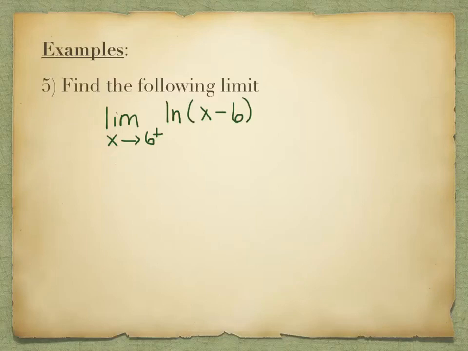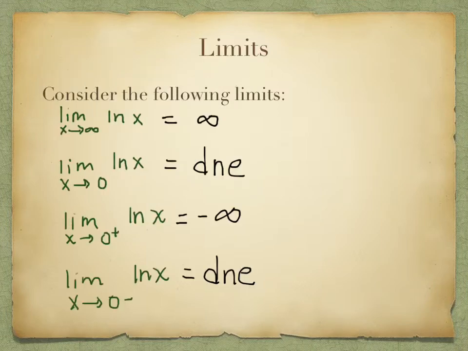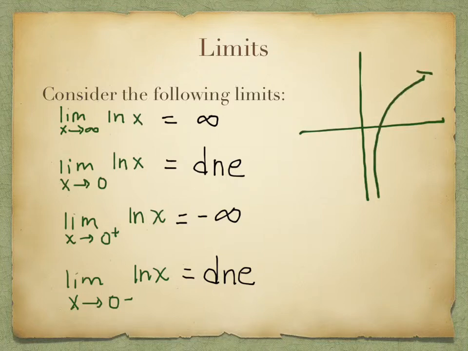All right, we're going to use a couple of different ways to think about limits. We did limits last time, and if you'll recall the screen, we thought about limits in terms of a graph, so that if we had the graph of ln x, which looks roughly like this, and we looked at the limit as x goes to infinity, we found out that it was infinity. If x is approaching 0, the limit does not exist because it does not exist on the left-hand side of 0. And then the limit as x approaches 0 from the right-hand side would be negative infinity